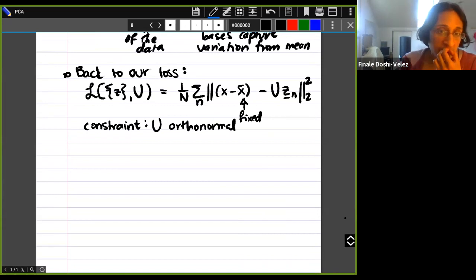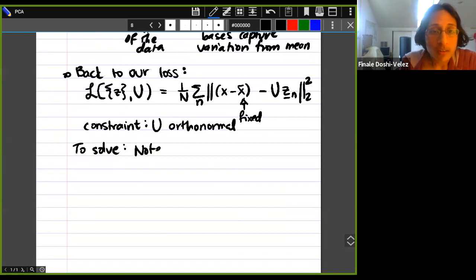So now there's a question: well, we did a bunch of talking, but how did any of this talking help us actually solve our loss? So what I'm going to do here is expand this expression a bit, so we can see that it has some really nice properties, and we're going to be able to solve this really nicely. So to solve,